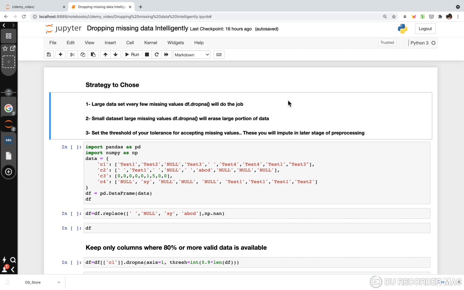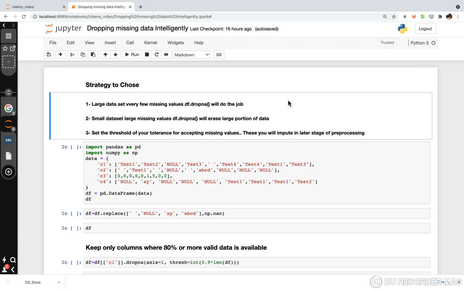But if you have a small data set and you have a large number of missing values, then if you use df.dropna, it will basically delete all the missing values and your data set will get small, and you might also lose some very crucial information while dropping the NA values.